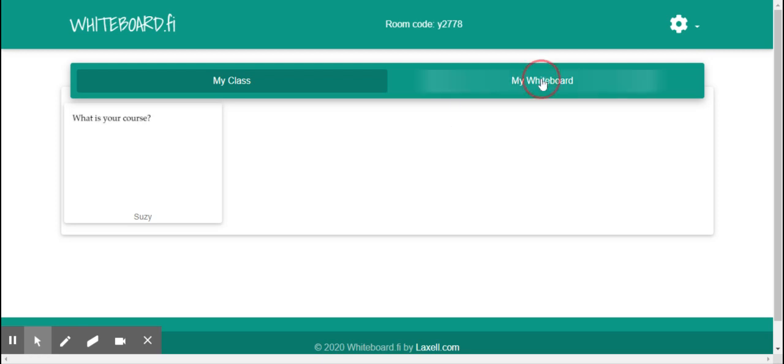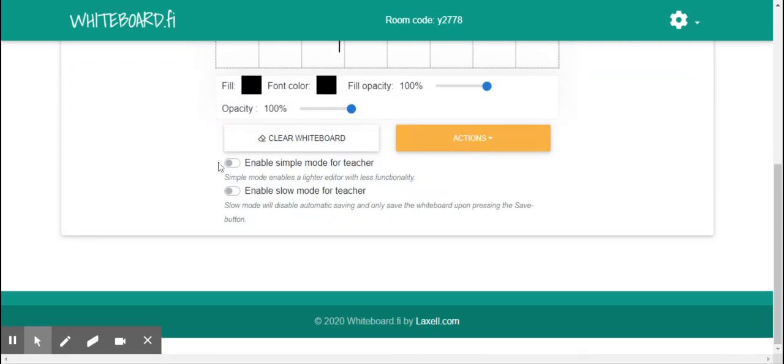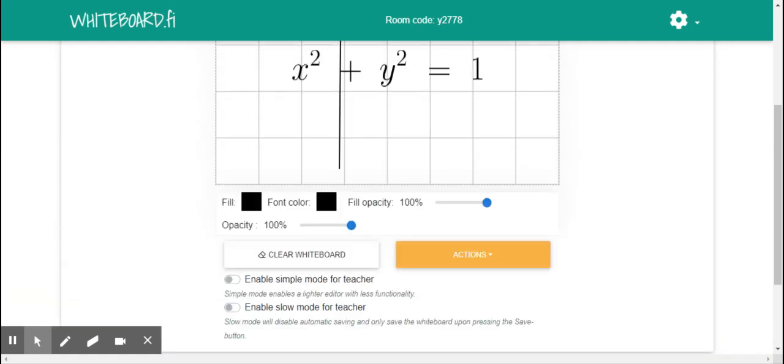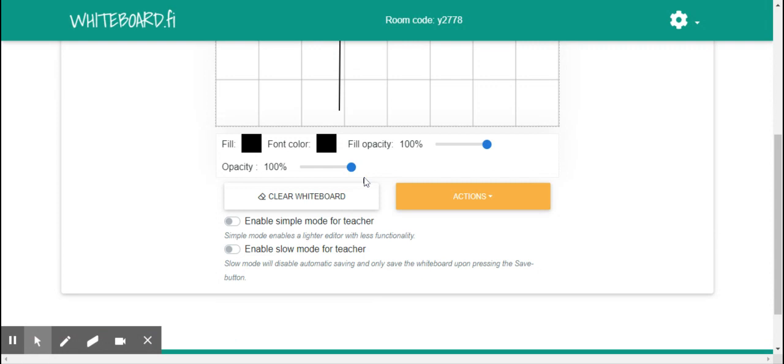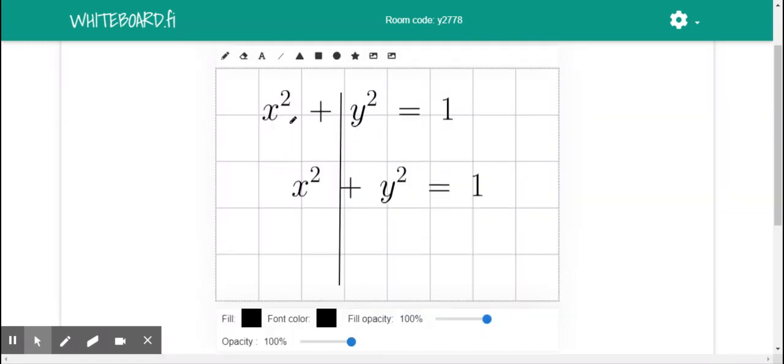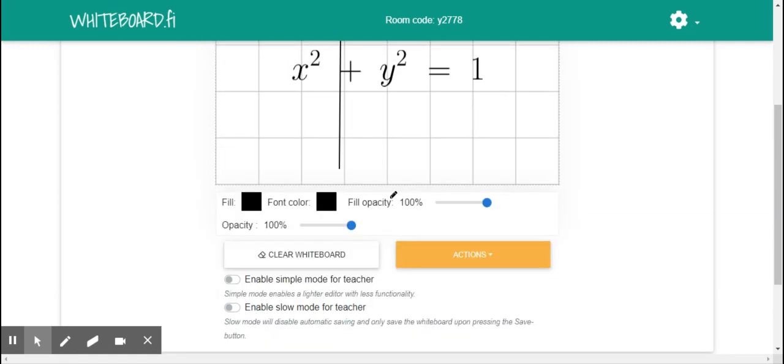Moving on, we have now these two things left here on this teacher's whiteboard. The first one shows a toggle button for enabling simple mode for teacher. Simple mode basically enables a lighter editor of this with less functionality, so that when you have a slow internet connection or your processor is of some earlier version so that it cannot operate on such mathematical equations or some extended functionalities, then you can enable the simple mode for teachers, and this